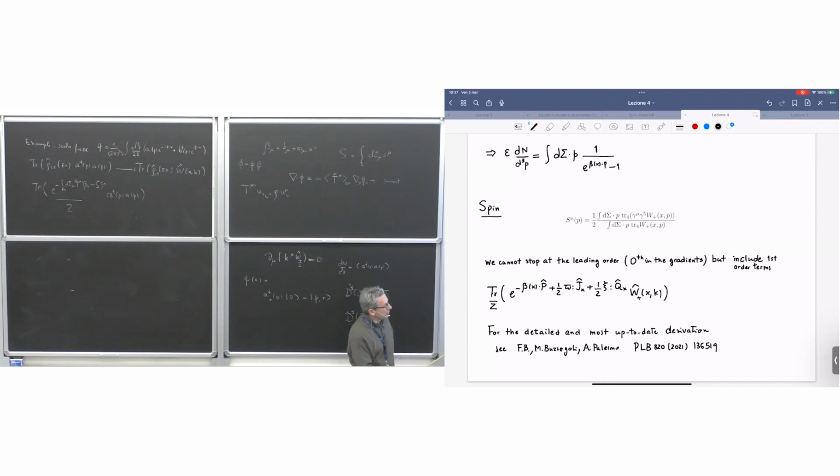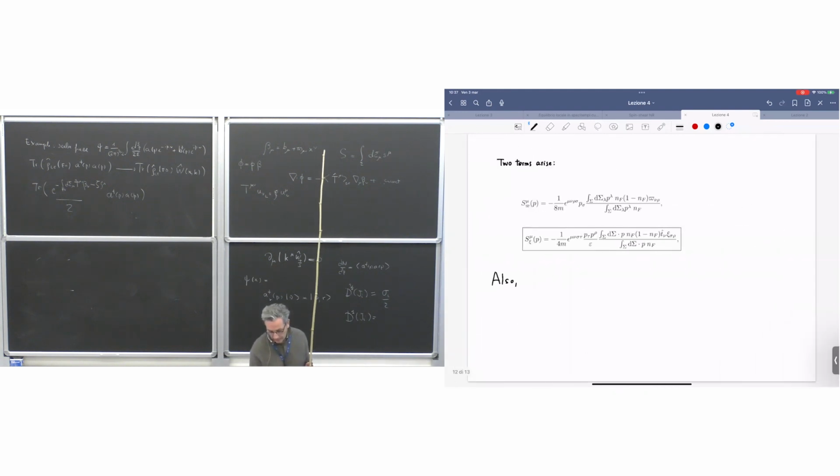So you use linear response theory, and this derivation is not trivial, not impossible, but it requires steps and must be done carefully. The full derivation you can find here. This is the most up-to-date derivation of the formula, and what you get is the formula for the spin polarization vector,